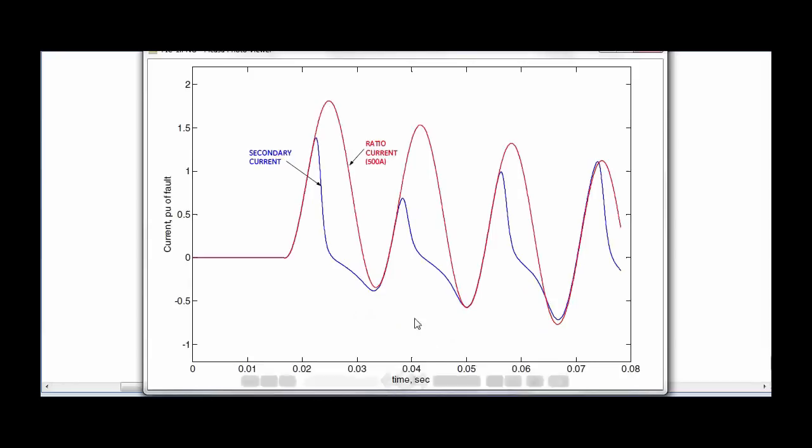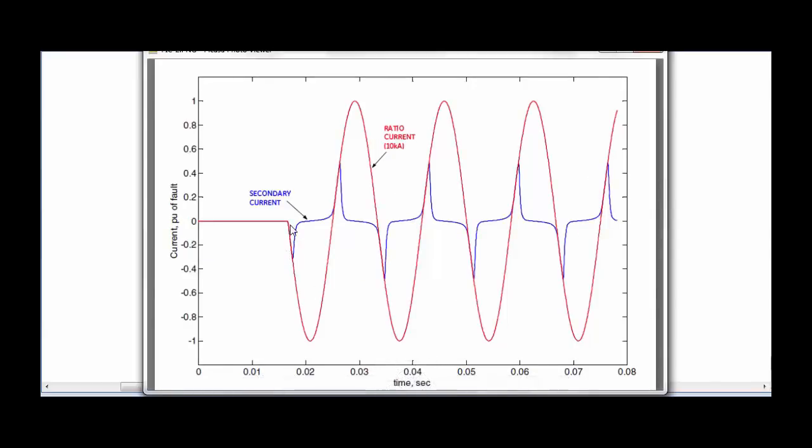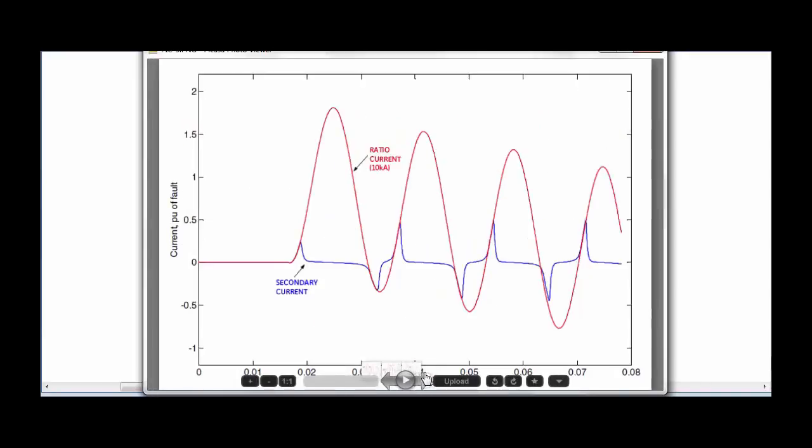However, in a practical situation, the CT secondary current is not exactly zero when it is suffering from CT saturation, but it has some value. If we look at some of the simulation results, the CT secondary current is something like this when it is suffering from CT saturation, which has considered some offset as well. And there is the second case where there is no offset. During that situation, the CT secondary current is something like this, where we can see that it is coming to zero, but it has some spikes as well. And here is the third case where the secondary current is something like this when it is suffering from CT saturation. So this is the real time picture, or this is a result of a simulation,